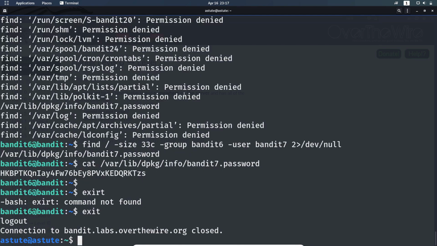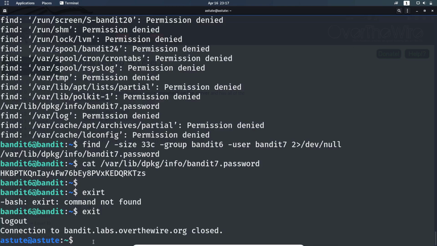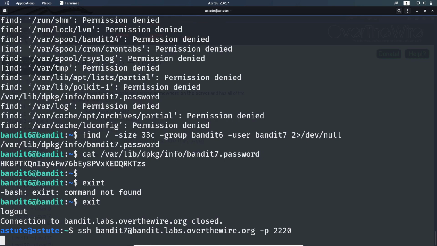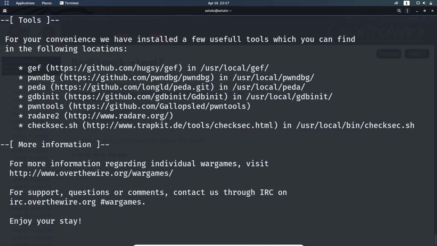There is a little bit of lagging because I'm recording this screen side by side, and it's a shell, right? I'm connected to someone's shell. So let me exit, and let's go to level 7. And paste the password. Here we go.